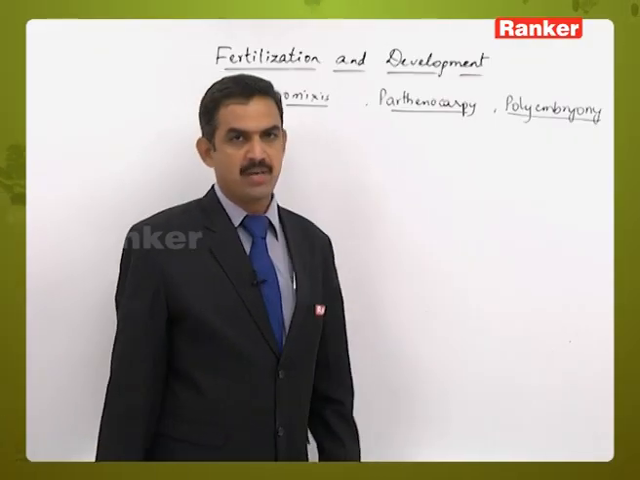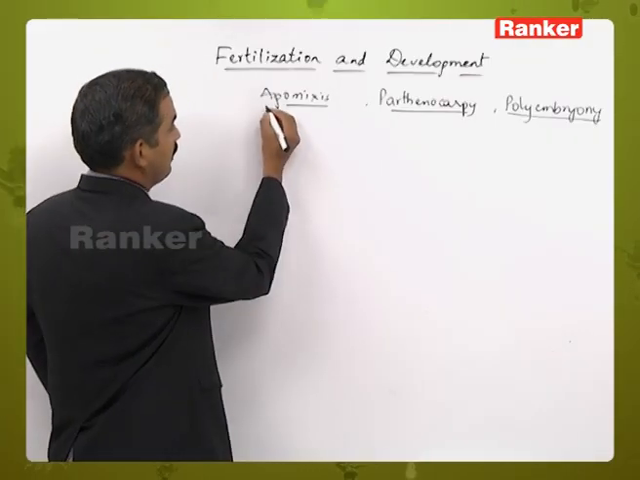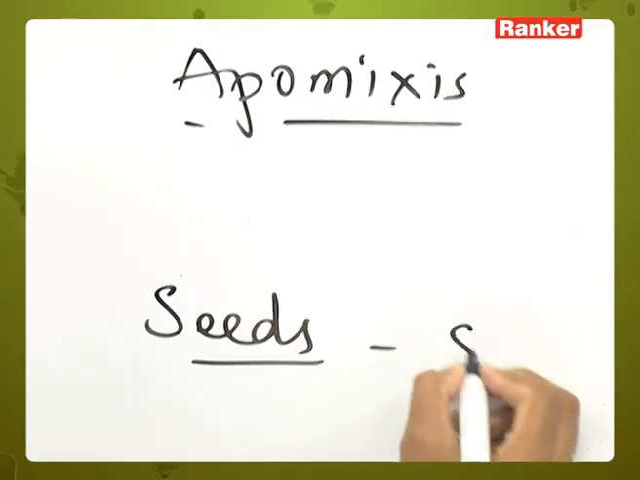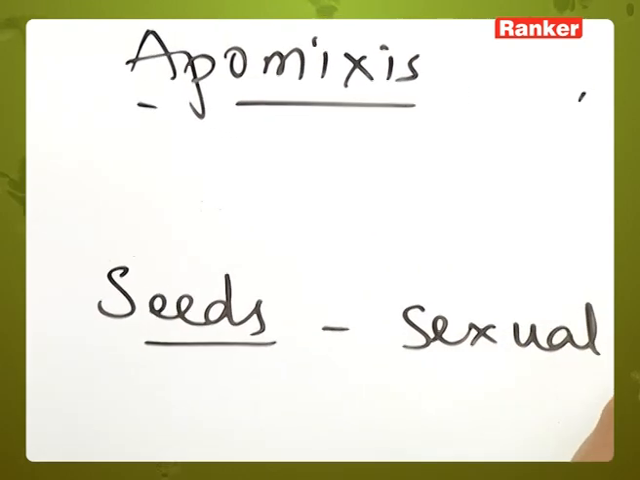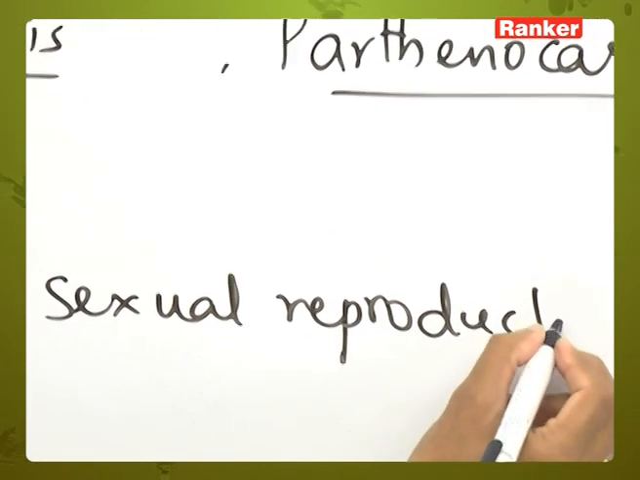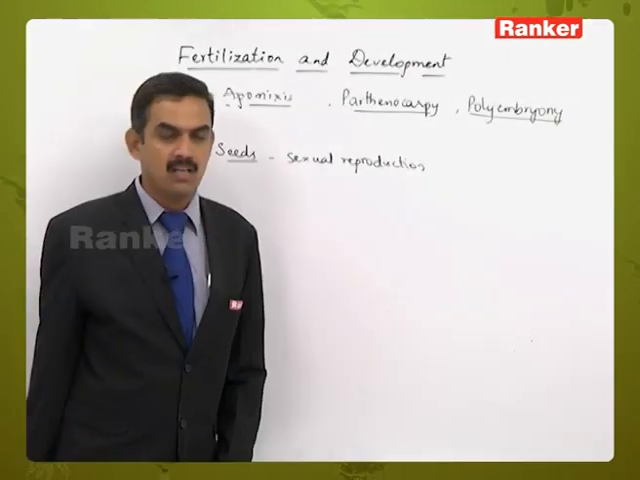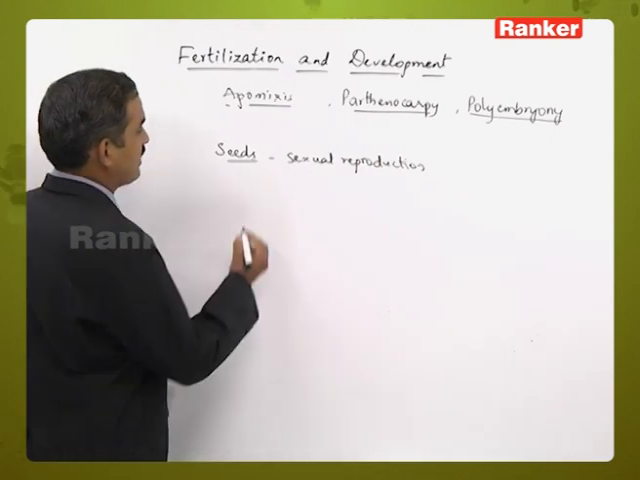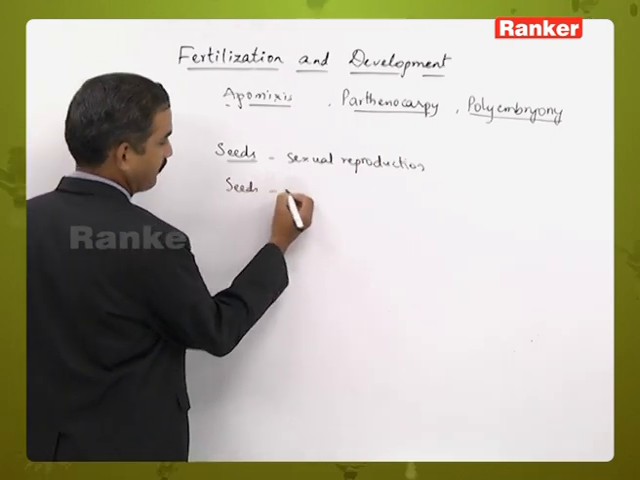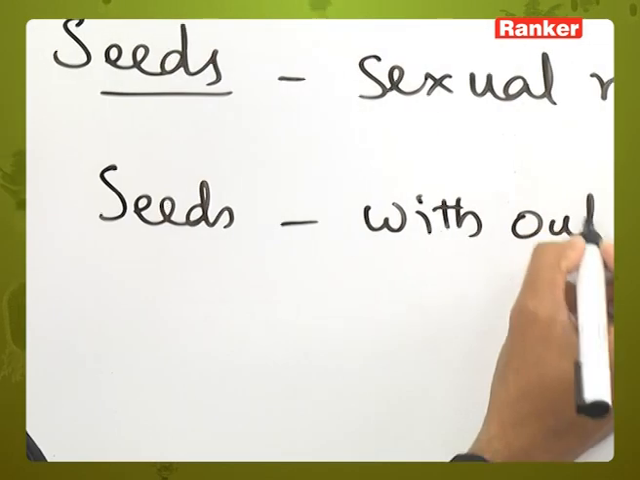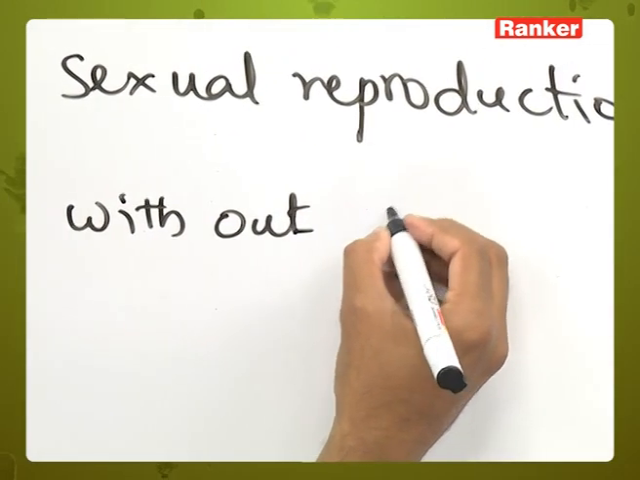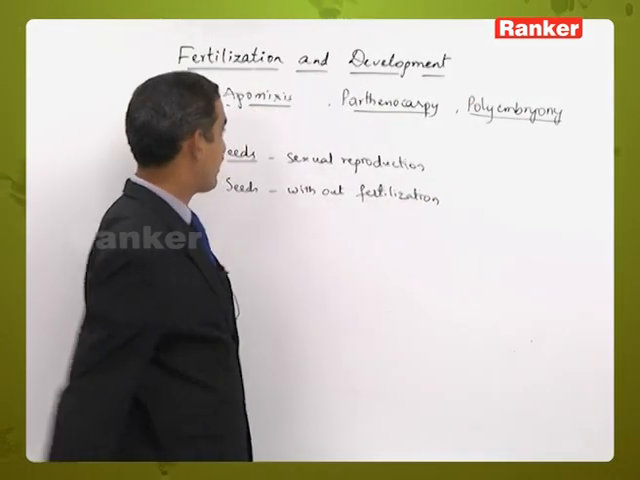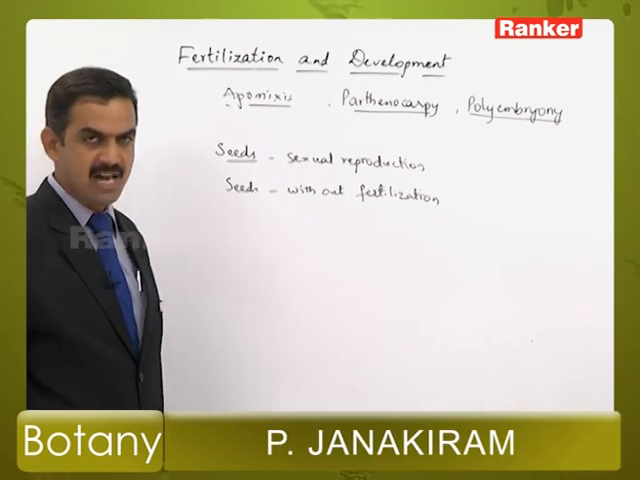Apomixis, Parthenocarpy and Polyembryony. So we know that the seeds are produced as a result of sexual reproduction. So this is a normal mechanism that is observed in the plants. As a result of sexual reproduction, the seeds are produced, and there are some cases where the seeds are produced without fertilization. Such type of seeds which are produced without fertilization are called as apomictic seeds, and the process is called